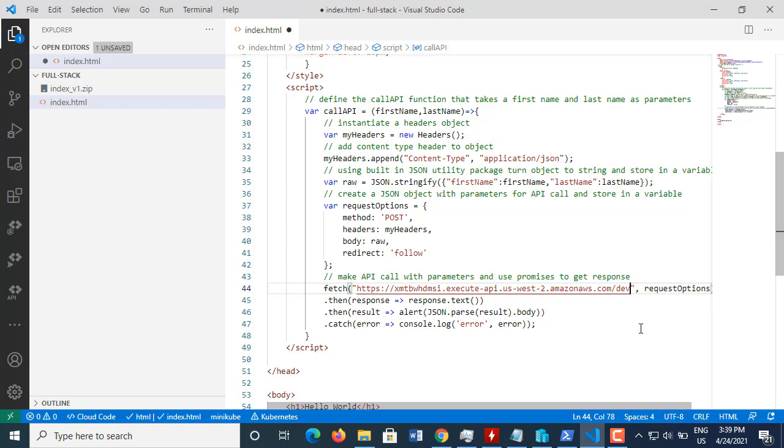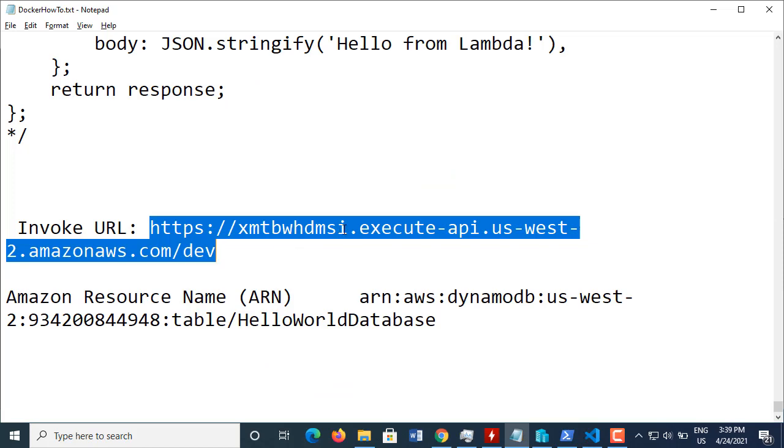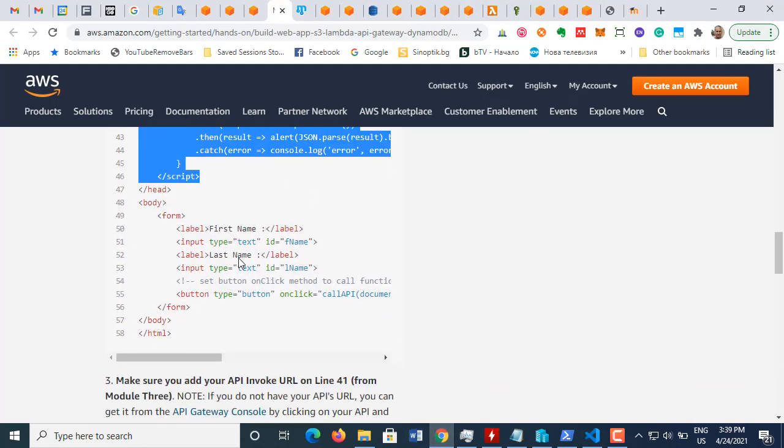Request options. Okay, so that's it. Follow first name, last name, JSON.stringify. So it's gonna send JSON. JSON.stringify first name, last name. Yeah, this is what's gonna happen. Redirect follow. Okay, so let me go back to the code,